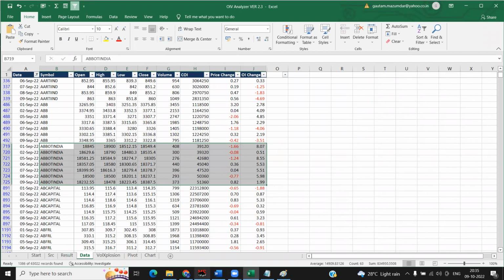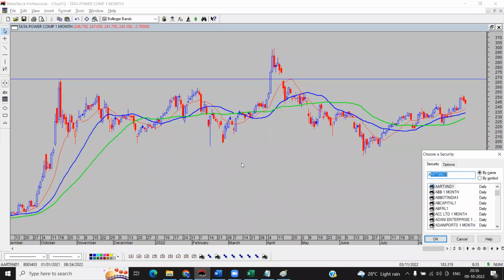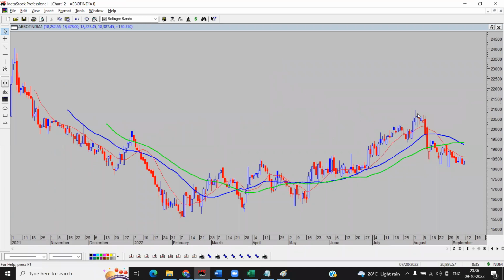Okay. Now let me check Abbott India. What is happening there? It is going on the downside with increase in open interest. So the trend can be on the downside. Got it? Obviously, then again, I have to see the supports and resistances. Well, you can even say it this way, that last 4-5 days, it is trading at the support zone. It's trading at the support zone more or less.